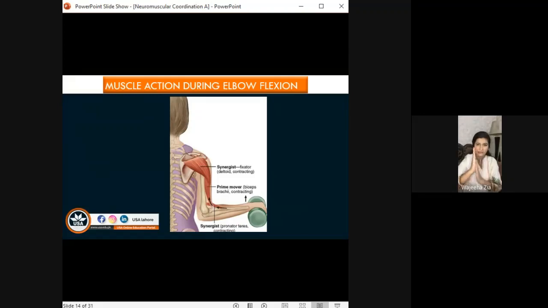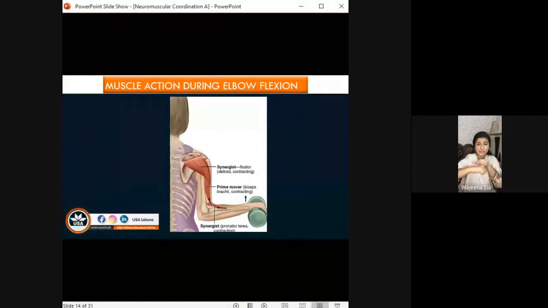These are the flexors and these are the extensors. So that lady is holding the weight with the fist formation. Her flexors are working as the agonist, and these are the extensors. So wrist extensors are working as the antagonist. These are going into lengthening and these are going into shortening. Concentric contraction of the agonist and the eccentric contraction, or you can say the relaxation or lengthening, of the antagonist.